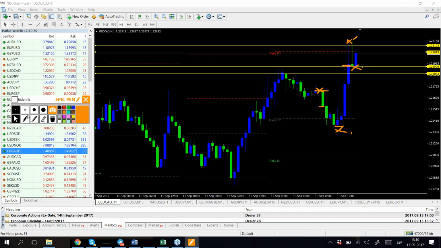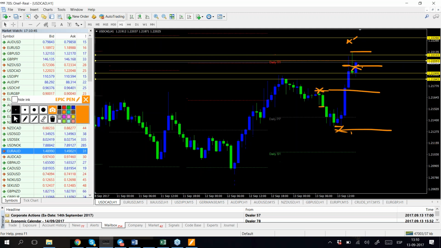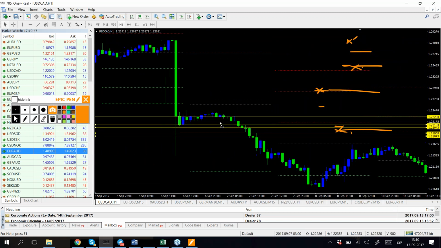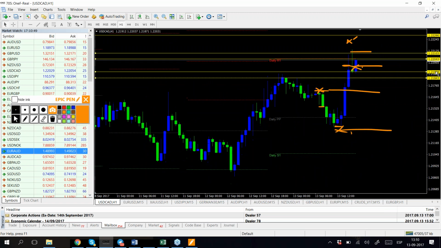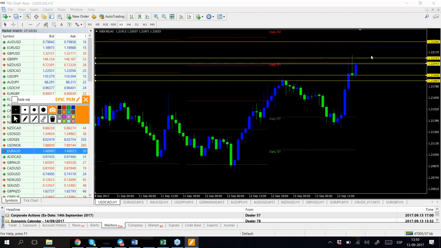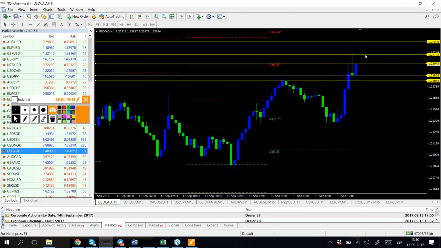Well, of course, the entire market is just buying. The market opened here and they're closing here. So what's going to happen tomorrow? Well, we expect dollar CAD to keep moving up. In fact, we have buyers and we have buy stop entries at the 22.10 and 22.14 because these are the